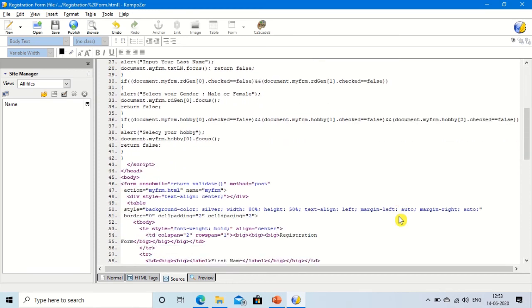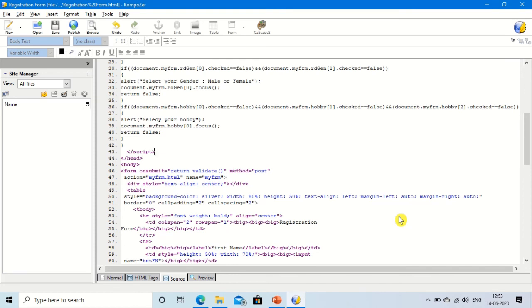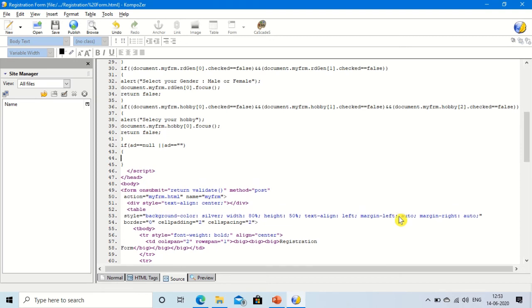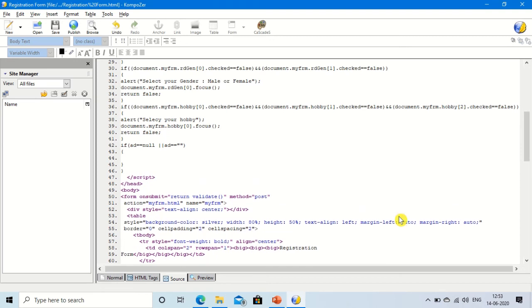Now we have to add code, that is if block, if ad is equal to, twice equal will be there, null, or operator ad is equal to double quotation, that will be empty, curly bracket start, curly bracket close, alert, insert your address.